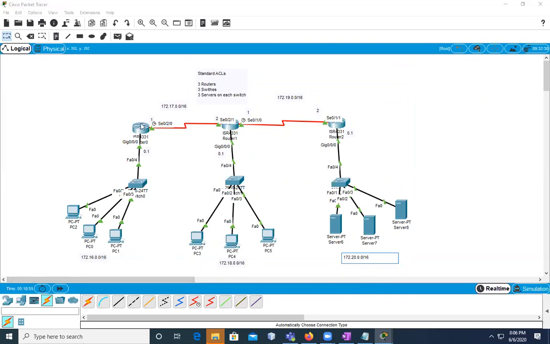So the main purpose of this particular lab is to deny these particular workstations access to the network 172.20.0.0, which is all about servers. So what we're going to do is use standard access lists, and connected computers, switches, and routers as shown below. The IP addresses and default gateways are already configured, the host names are done. And now